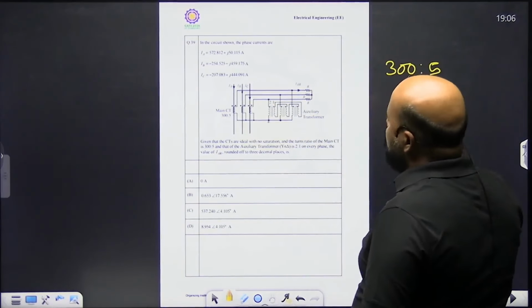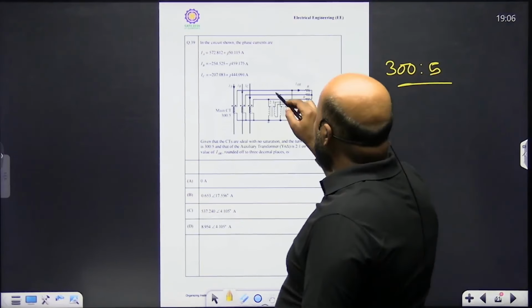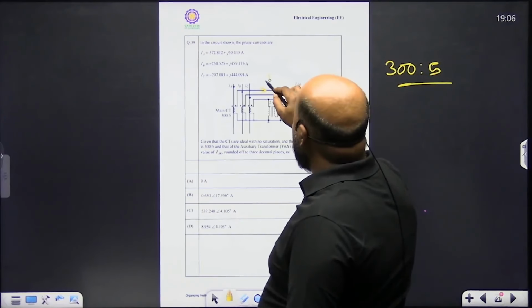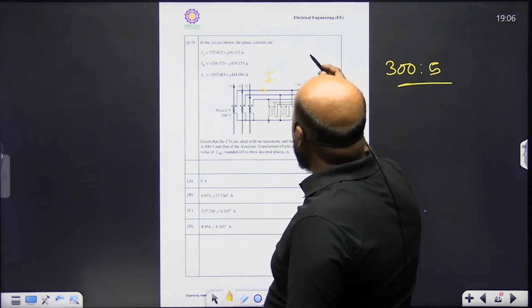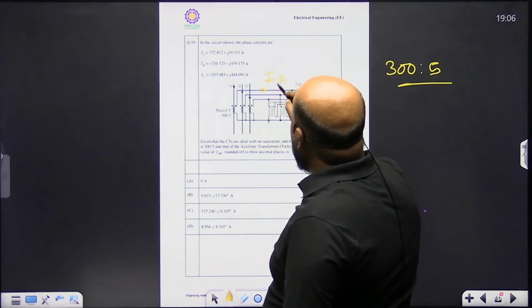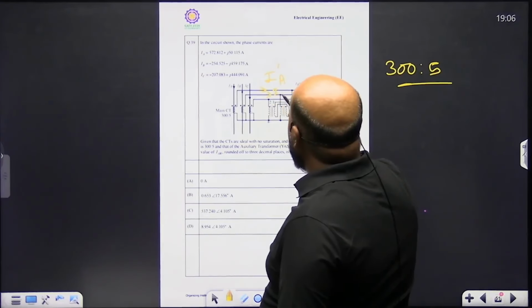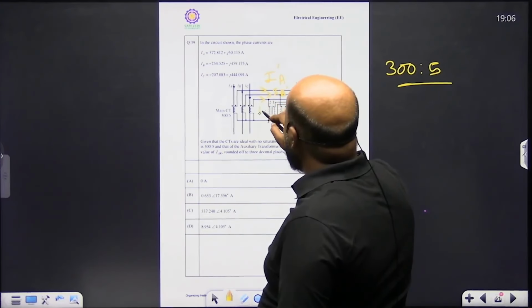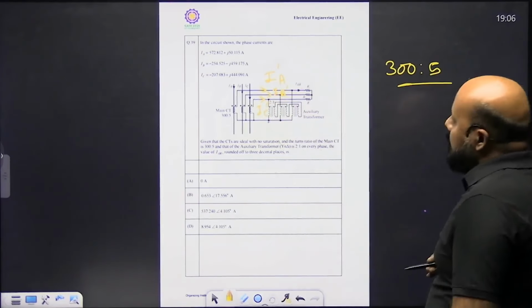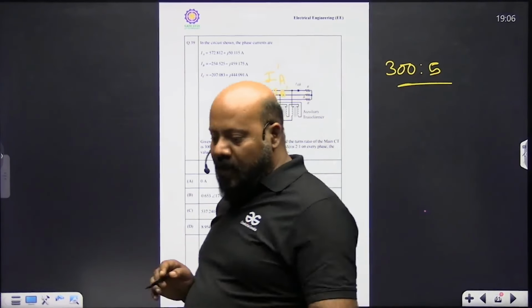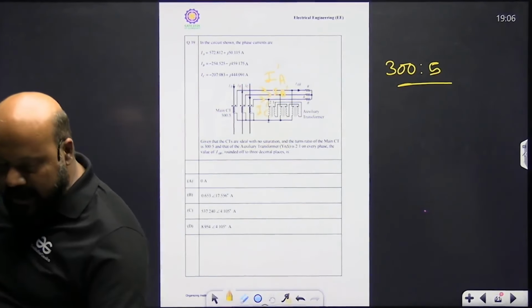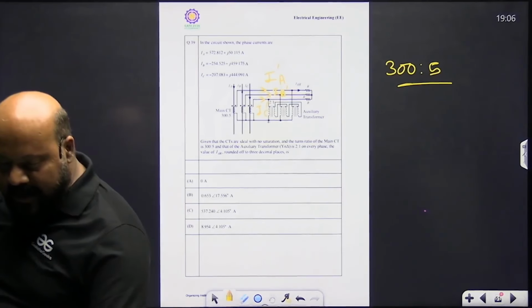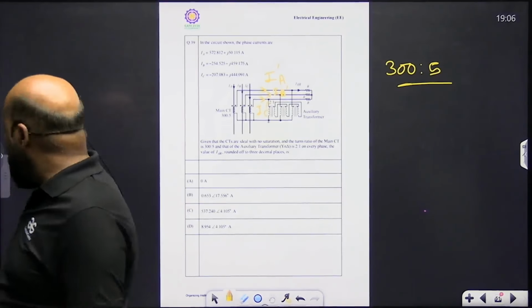3:5। तो सबसे पहले आपको देख लेना है कि यहां लाइन में जो करंट आ रही है, मान लो इसको मैं बोल दूं IA डैश, इसको IB डैश, और इसको IC डैश। मतलब मेन करंट ट्रांसफार्मर के बाद जो करंट आपको लाइन में मिल रही है, वो मान लेते हैं कि IA डैश, IB डैश, IC डैश है, तो वो क्या हो जाएगी,